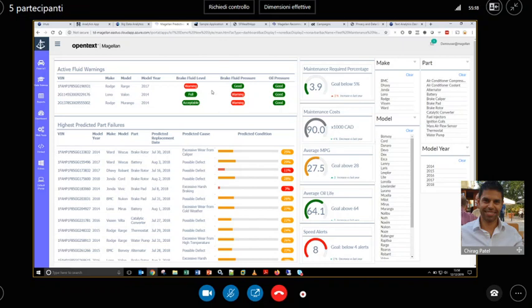So I can update this sort of report, share it with our operations manager, and then the operations manager knows how many vehicles are going to be out for service and how many vehicles are available to be used for the business. So that's an example of how we can leverage a KPI style dashboard, and all of this is completely